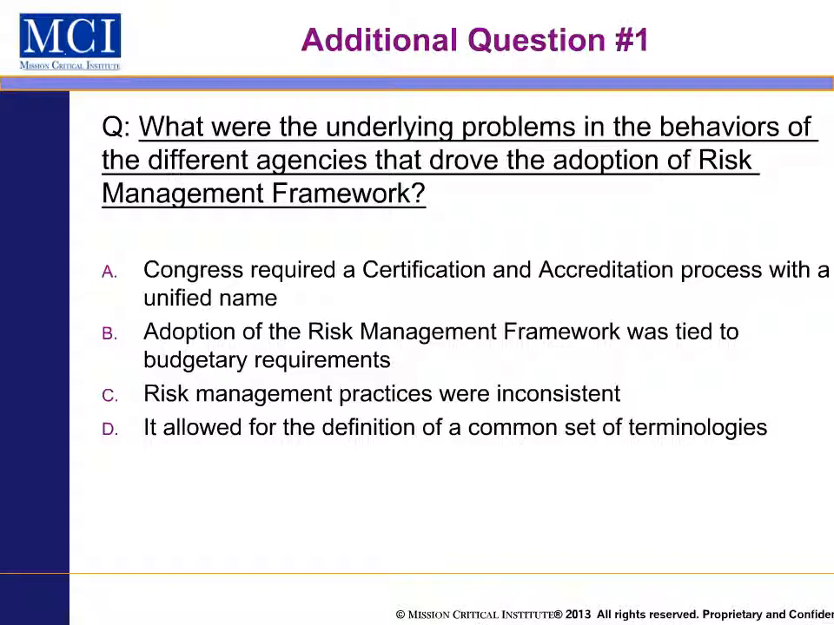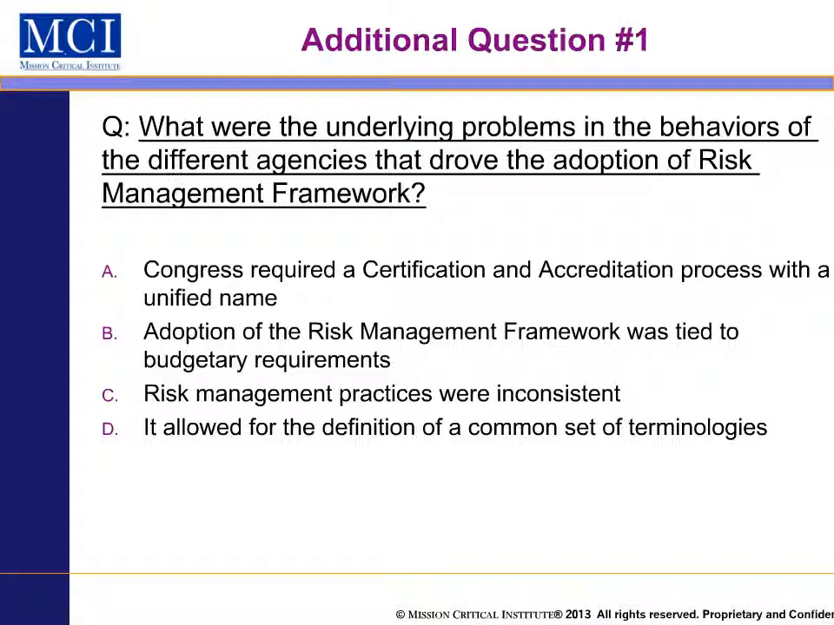A, Congress required a certification and accreditation process with a unified name. B, adoption of the risk management framework was tied to the budgetary requirements. C, risk management practices were inconsistent. And D, it allowed for the definition of a common set of terminologies. Well,